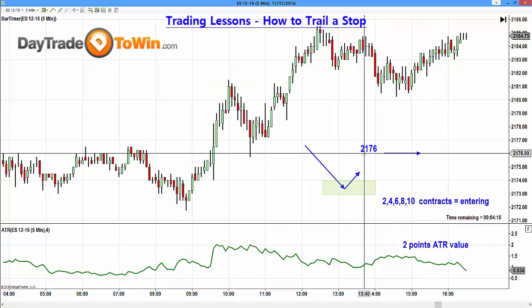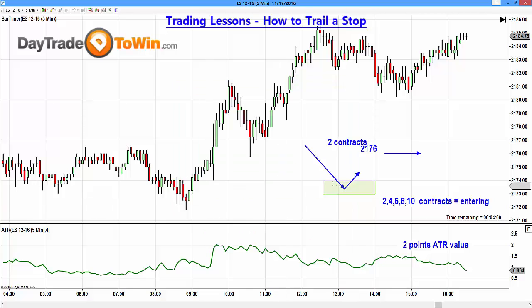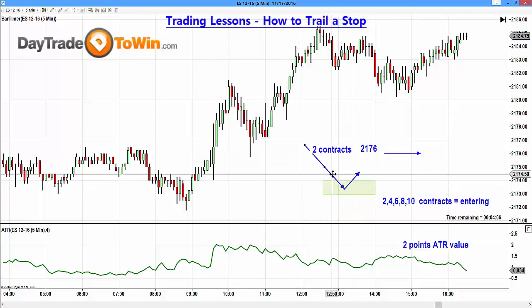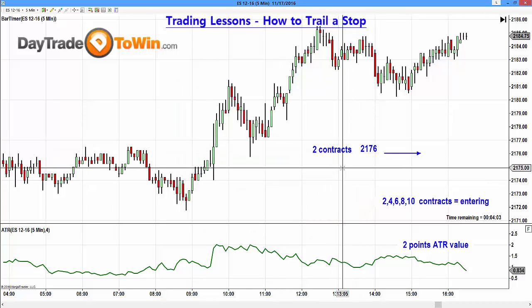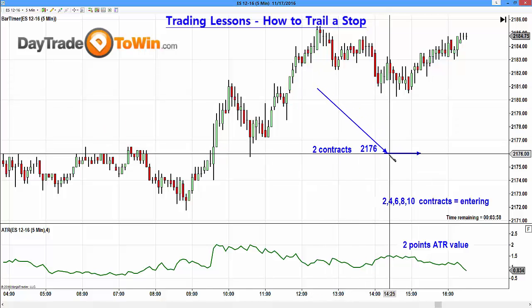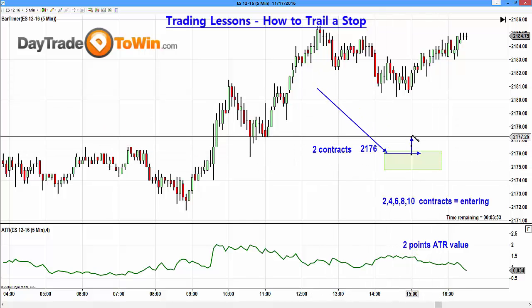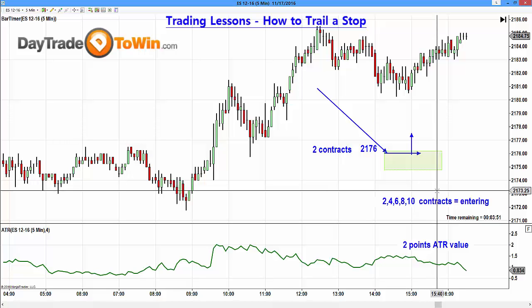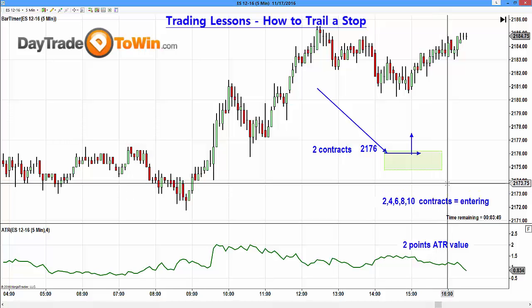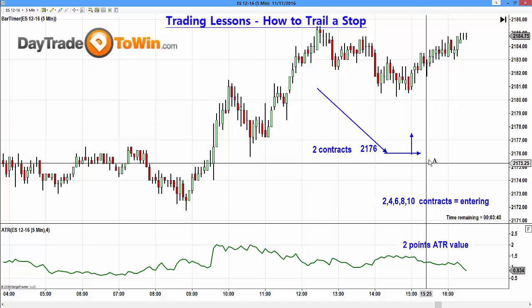Okay, now entering with two contracts or multiples of two, we'll say two contracts, when the market begins to move in your favor, it's a long position, it's a roadmap, the market has come down and now it's in that roadmap area as expected. It's now beginning to turn around and pivot, reverse, be manipulated off of this roadmap. As soon as the market makes 1 times the ATR, so in this example